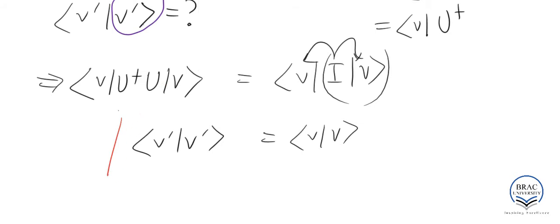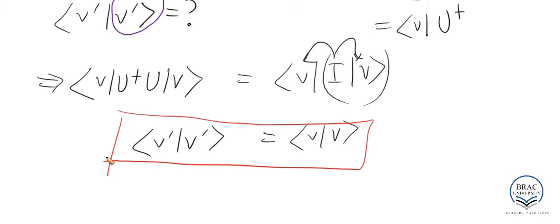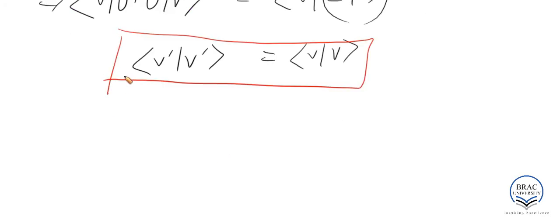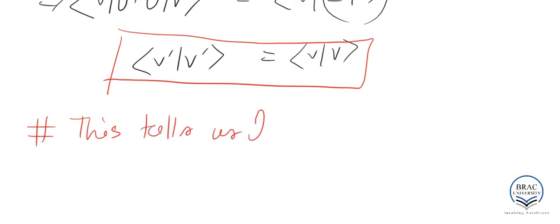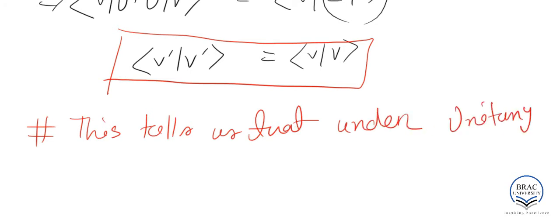So this is a very important thing to notice. Why? Because this tells us that... so what does this tell us? Okay, let's write it down. This tells us that under unitary, we are calling it an evolution, but you can also call it transformation. Under unitary evolution, the inner product